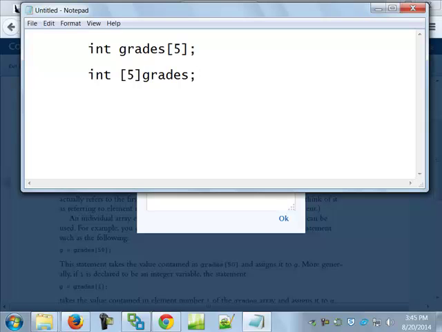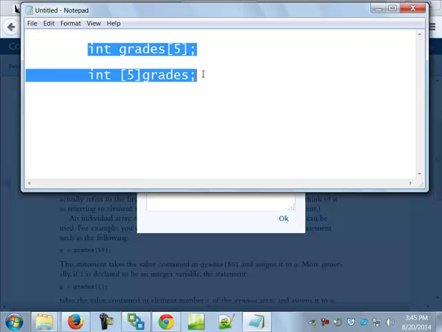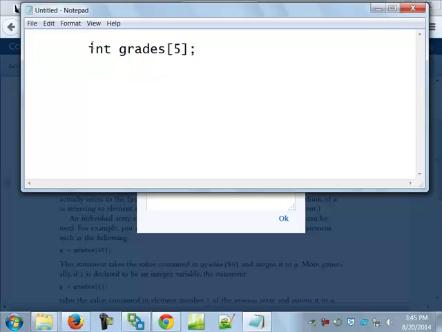Depending on the book you read, I was always taught this, that if you do this right there, forget about the Java stuff now, by default, you have no guarantee that those values that are in there have any value whatsoever. You with me? Nothing. Now you can, just like in Java, come in and do this. And just like in Java, that would be grade sub 0, grade sub 1, grade sub 2, grade sub 3, and grade sub 4. Same thing.